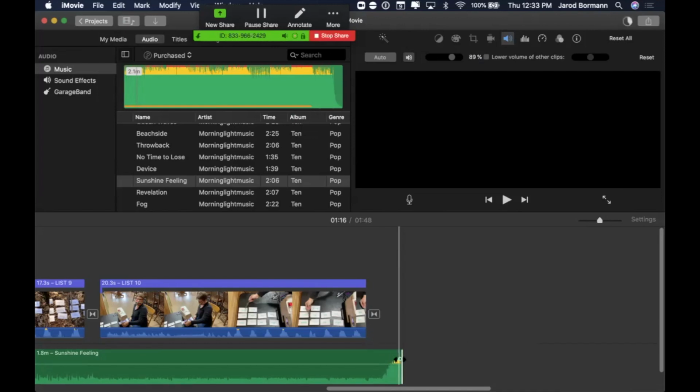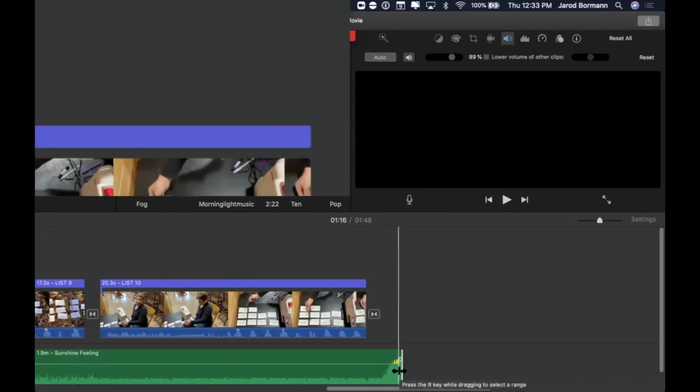Then notice this little dot, this little button here, how I have that cursor with the lines in between. This means adjusting the volume up and down. This means I'm adjusting my clip, whether I'm moving it to the left or to the right. But if I hover over top of that little dot, notice how the line goes away. Now I have my fade in and my fade out. So right here, I have a 5.5 second fade out. So if I zoom back out,